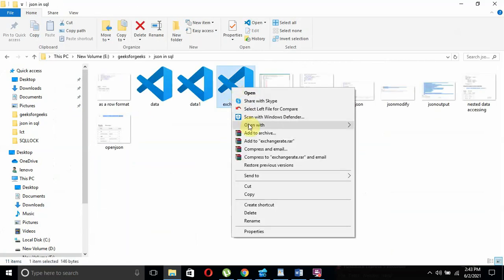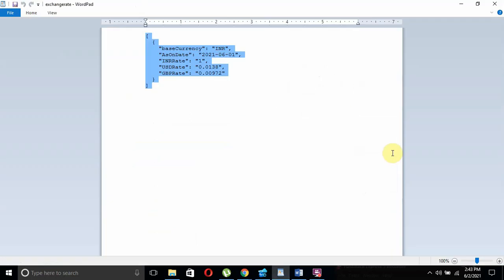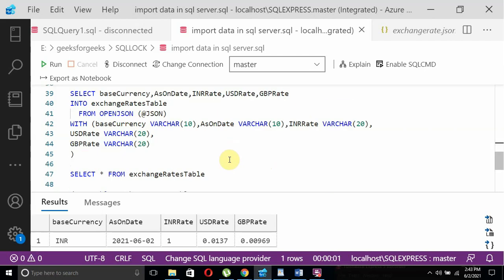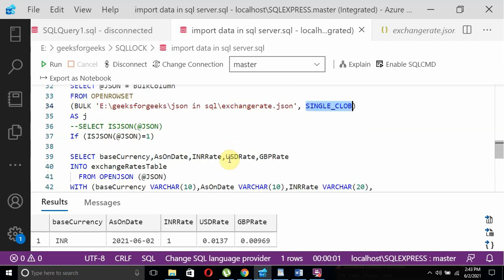This is the JSON I want to use, the JSON as on June 1. This JSON data can be used with this syntax, by using SINGLE_CLOB, and after that we can store it into a SQL Server table.